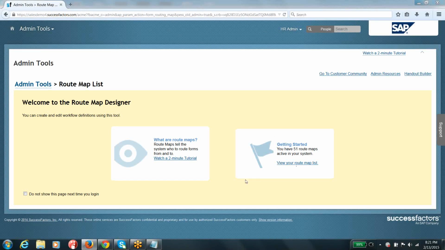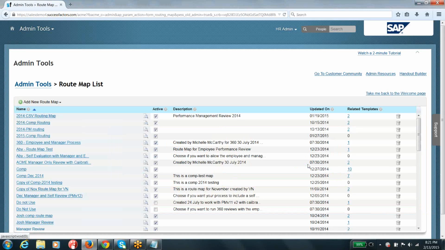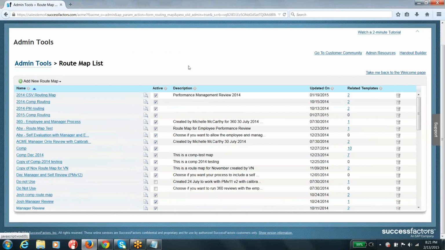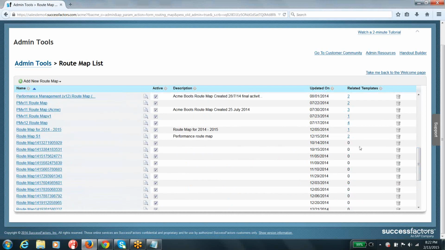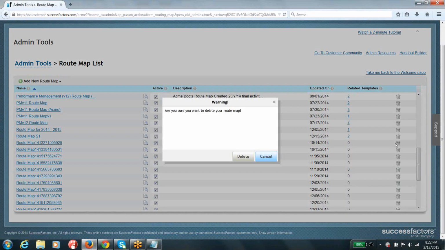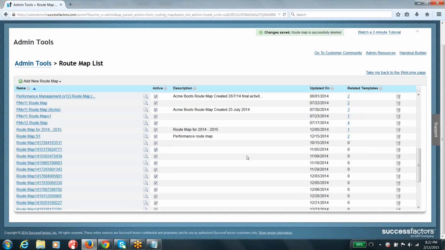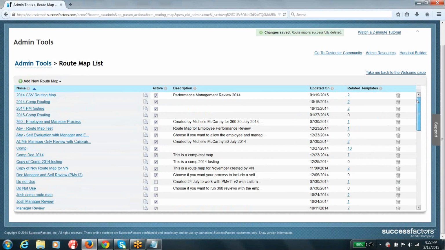And if you go to view your route map list, guys, here you can see the existing route maps in our organization, or at least the ones currently available. You can see there are a lot of route maps created in our system. People just started creating them and didn't even provide proper names. Yeah, that's fine. And you can see there is an option to create a new route map, or you can just go ahead and edit an existing route map as well, guys.